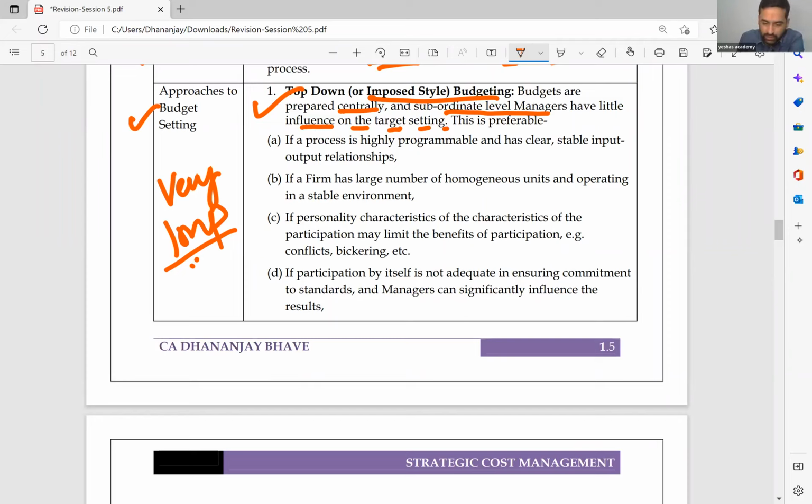This is preferable if a process is highly programmable and has a clear and stable input-output relationship. Then whatever top management thinks is the same thing that even divisional managers will be thinking about. If a firm has a large number of homogeneous units and is operating in a stable environment, you produce only one product, only one variety, then making the budget is easy, implementing that also is easy. Suppose my company makes only one variety of calculators, no variation in product, no variation in pricing, nothing. Same calculators is what we make. Now, whether only the top level management does the budget,